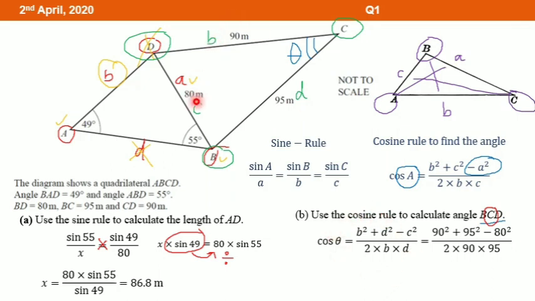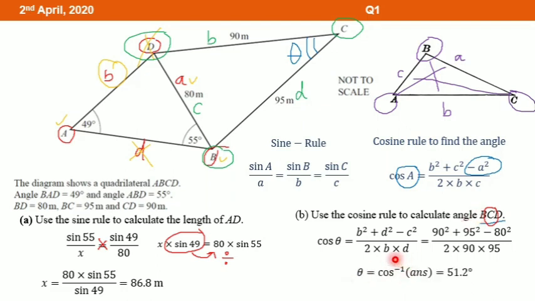The other sides given are side b and also side d. That's why it will be b square plus d square minus c square per 2 times b times d, and we can replace all the numbers in here and calculate using the calculator. Remember, this is still cos theta and we are going to find the angle. It means we have to use theta equals to blah blah blah. To get it, we have to use the cos minus 1.